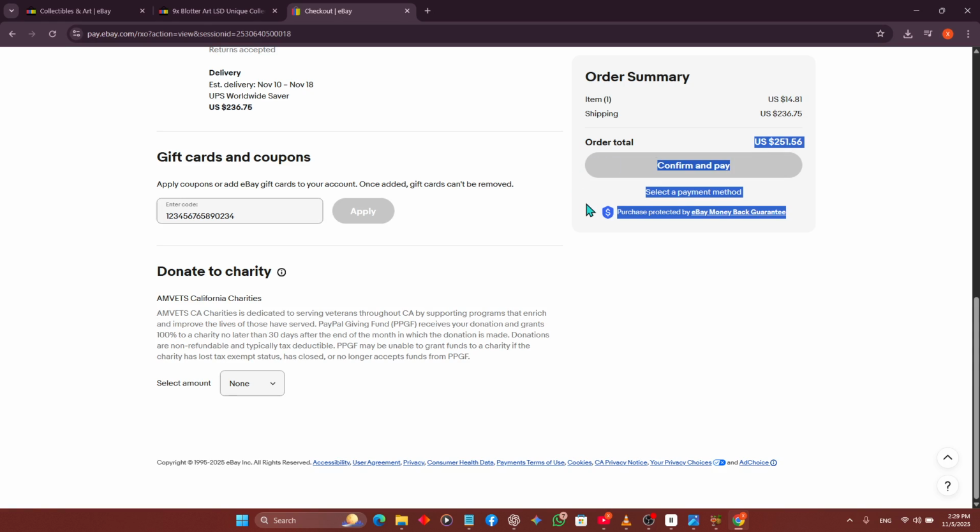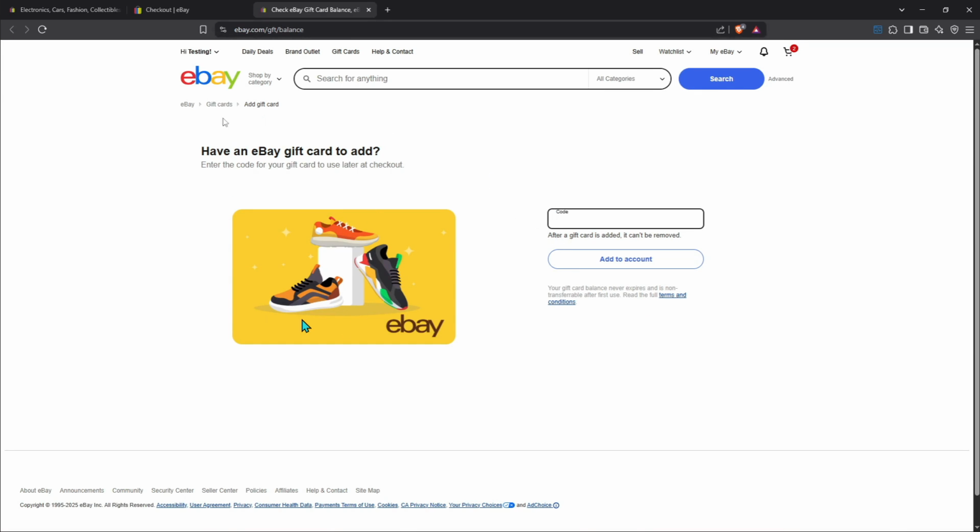If you have more than one eBay gift card, you can enter additional codes in the same section. eBay lets you manage multiple cards right from the checkout page, which is convenient if you often receive gift cards or combined balances. This way, you can keep track of all your remaining credits in one place without needing a